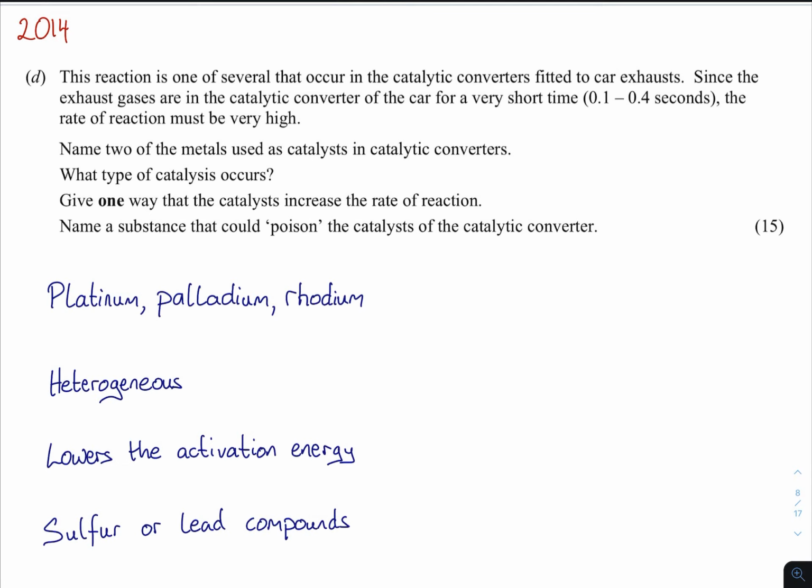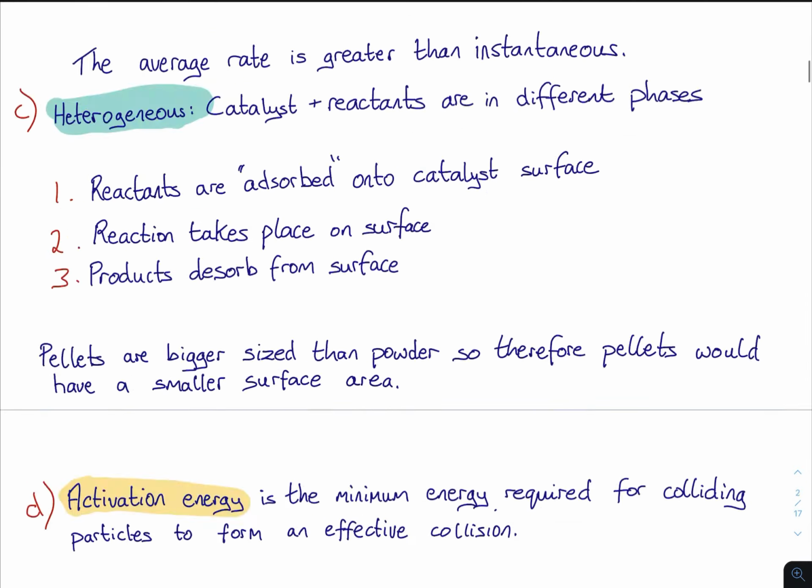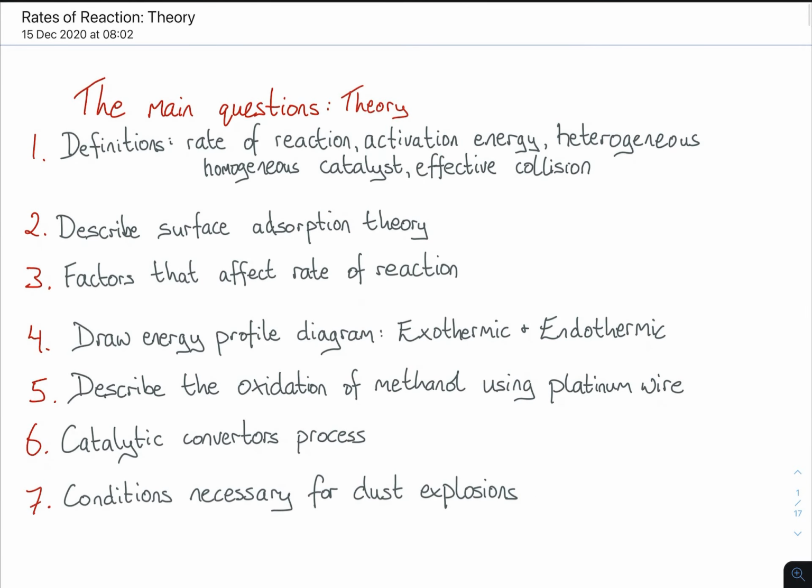And finally, name a substance that could poison the catalysts. Well, we said it 2 minutes ago. Sulfur compounds or lead compounds, both of which will poison catalytic converters. And that's it. Now, that's it for part 1 of rates of reaction theory. You'll see that throughout part 1 we answered most of the main questions here. And part 2, very repetitive,